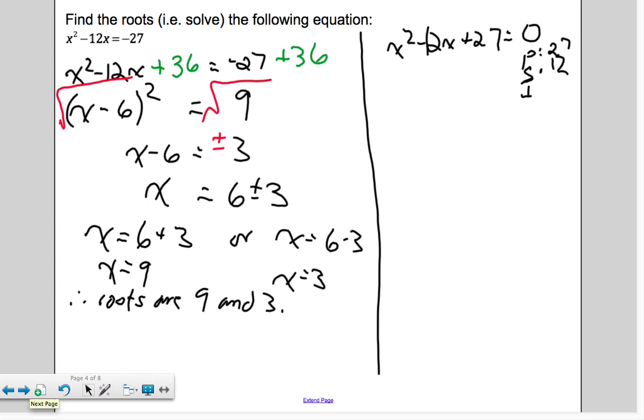Demetrius? Positive 12. Sorry, negative 12. You're right, it's a negative here, so negative 12. So what two numbers multiplied to 27 add up to negative 12? Negative 3 and negative 9. Okay, so negative 3, negative 9. So we factor this, we have x squared